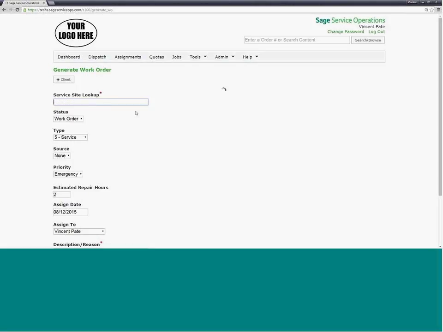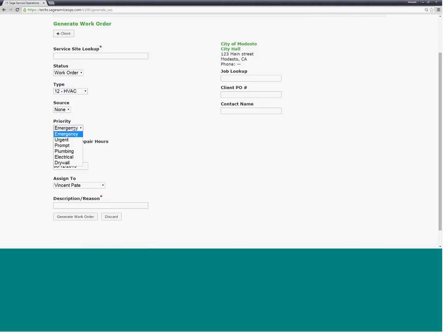When I go ahead and select it, put in that information, I can put in any jobs that are related to it, what type of service I'm working, perhaps this is HVAC, and emergency work, it's going to take me 2 or 3 hours, and the issue is the AC is out. I can just order right from the cloud, and not only is it going to be adding it to this site